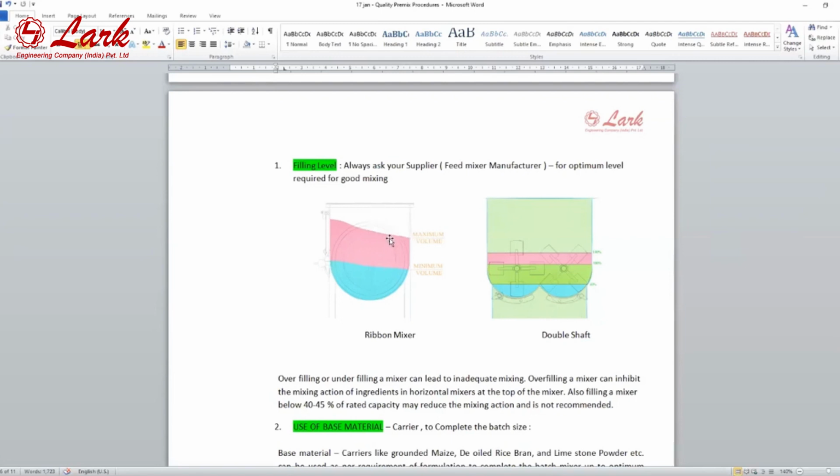So if we overfill the mixer up to the maximum level, we can't get good mixing. The top layer has the minimum turbulence and mainly floats over the surface, so we get poor mixing if we overfill the mixer. Same in case of the minimum level. If we fill the mixer below the minimum level, there is not appropriate weight of the feed particles to the last layer, and last layer